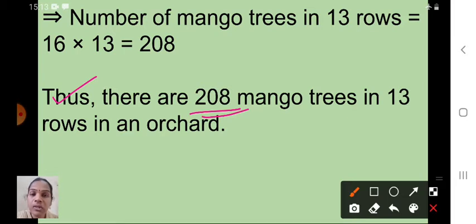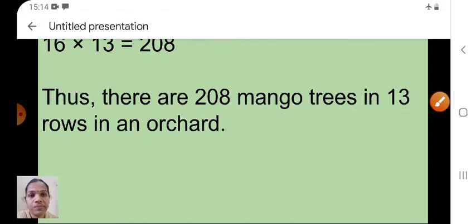So children, in the unitary method, first you write the statement, the left hand side value and the right hand side value. That you have to write properly. Afterwards, you have to find the cost or whatever it is, that one article, by which method? Division. For that division or multiplication you have to study the table. Understood, children? So first you divide, afterwards you multiply. Shall we go to the next one now?